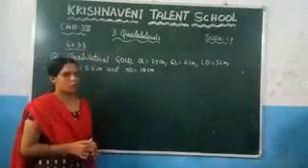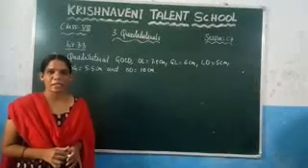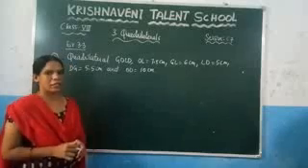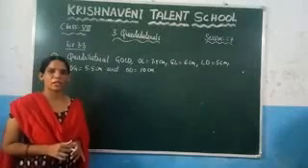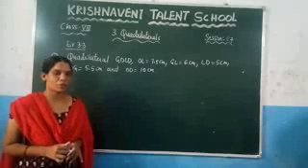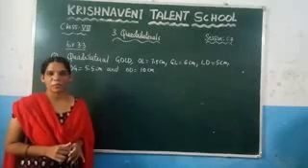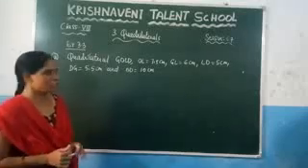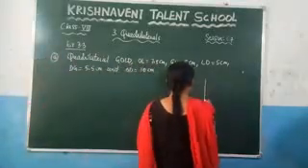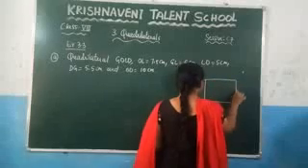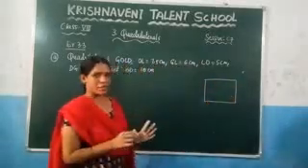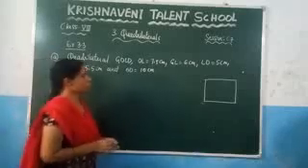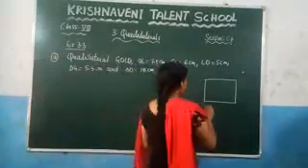So here if you want to know what are the three sides and what are the two diagonals, what we need to do? Yes, we need to draw the rough sketch. If you draw the rough sketch, you will come to know what are the three sides and what are the two diagonals, and you will come to know how to construct the given quadrilateral. So let us draw here the rough sketch first. Since I am drawing the rough sketch, I am drawing like this. So here, what is the name of the quadrilateral they have given, which is GOLD. So write it here, GOLD, right?